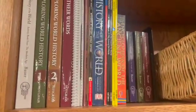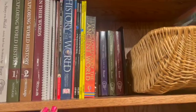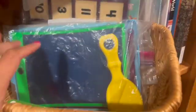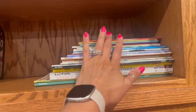Next shelf down, I have world history. So this is kind of like all-encompassing history, not just like ancient Rome. So that's what's here, just a section of that. And then a basket of some little activities that my kids enjoy. I just utilize some different baskets here and there and toss some different things in. Okay, and then here, the shelf right below this, I have some books that are specific to some